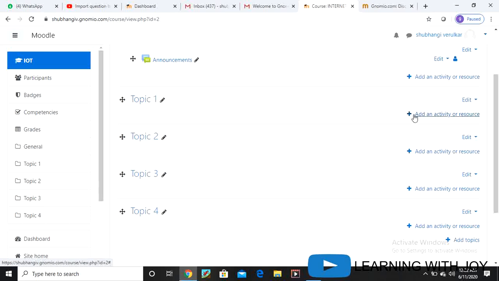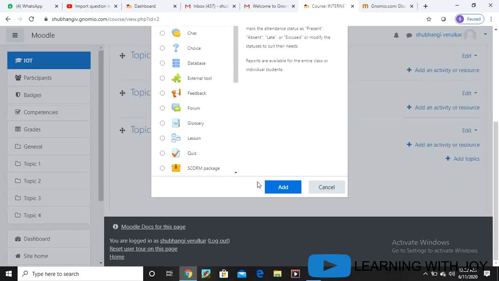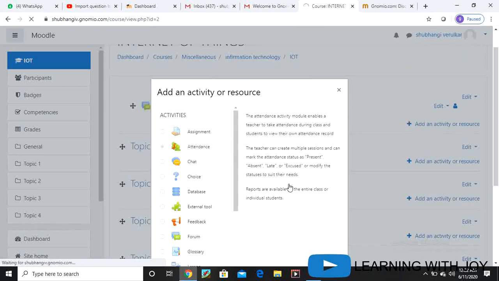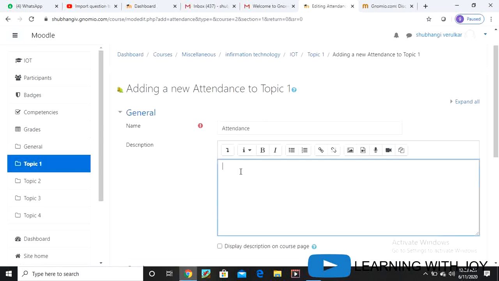Which activity do we want to add? First, that is attendance only. So you get the option attendance here. Click on attendance, go here for the activity. So you can see that attendance came.